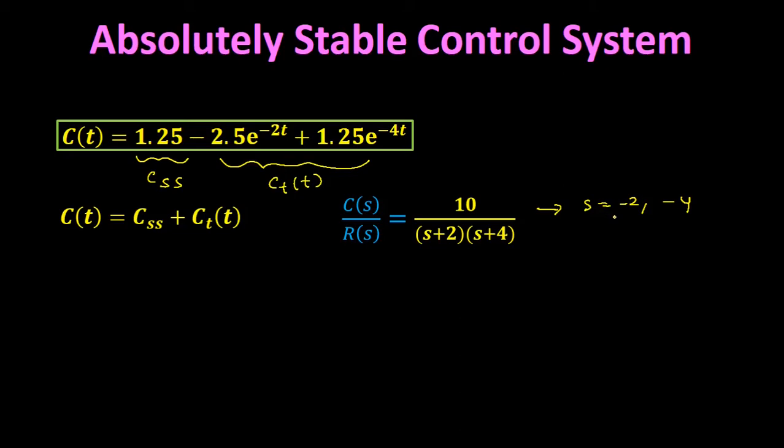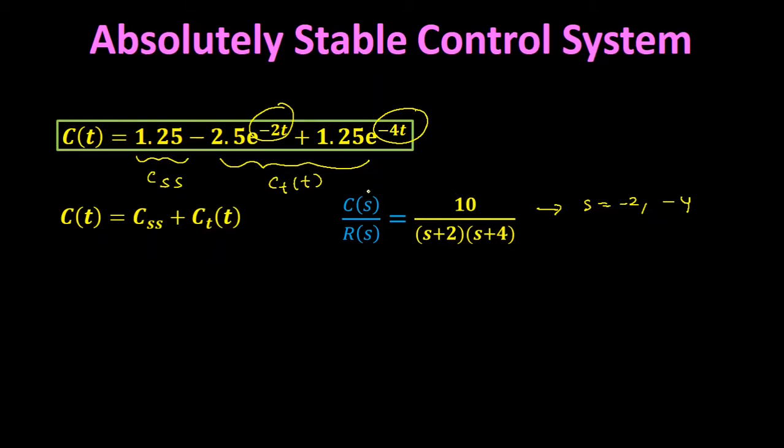So as both the closed loop poles are located in the left half of the S plane, the output response has two exponent terms with negative indices. As we can see from this equation, it has two exponent terms with negative indices of minus 2t and minus 4t. Okay, so from this equation of output response also we can find out the closed loop poles of any system.